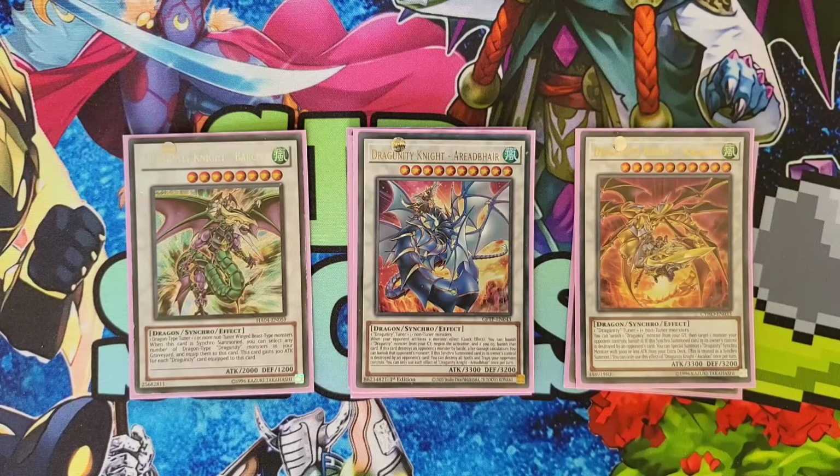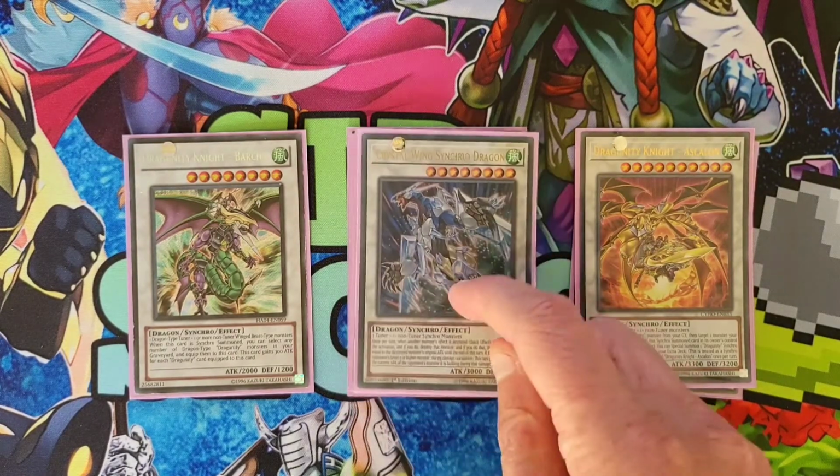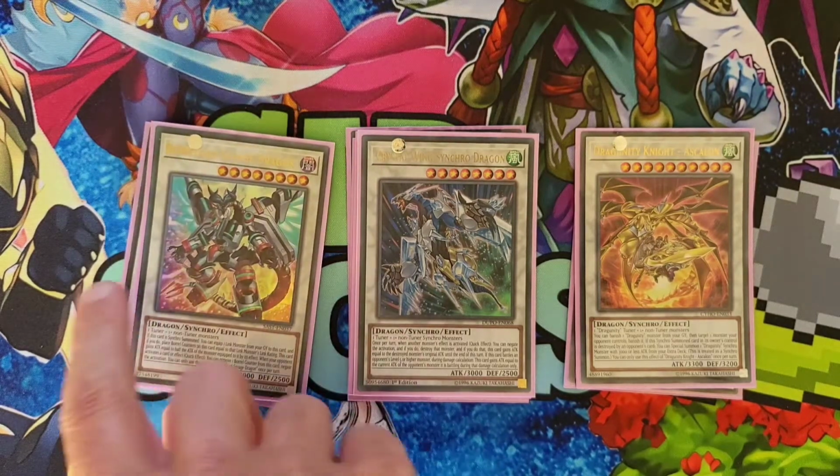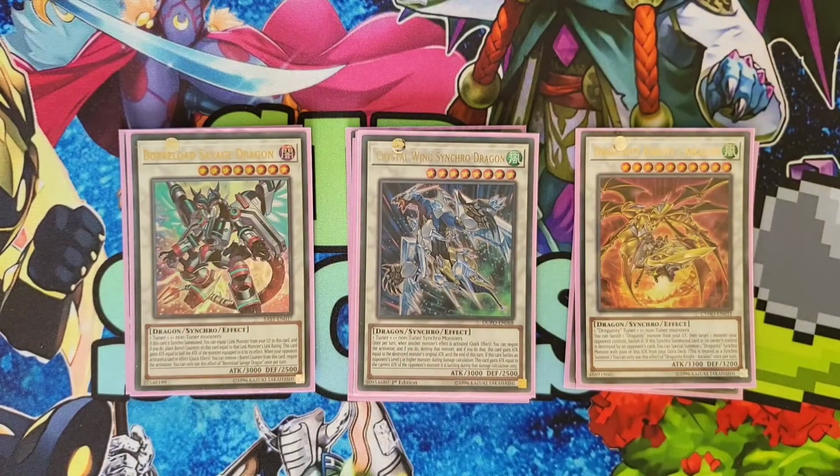So now we've got a couple of generic Synchro monsters. One Crystalline Synchro Dragon. We're trying to go to this before doing anything else to stop that Nibiru, because you can summon it before that 5 card limit. And then one Borrelsword Savage Dragon to complete our board at the end. And from there, we're running a couple of,